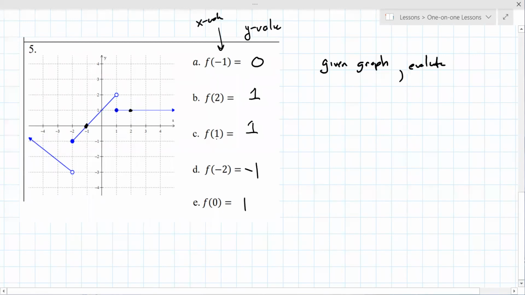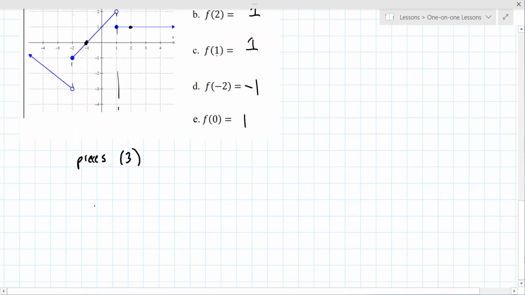So let's try to do what you had originally asked, which is, can we create a piecewise function from this graph? How many pieces do you see for this graph? Three. There's 3 pieces. Okay, and so we divide them up here. We got 1, 2, and then 3. So what's usually easier is to do the